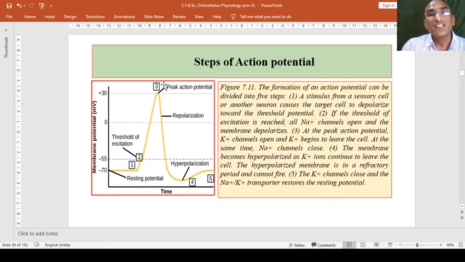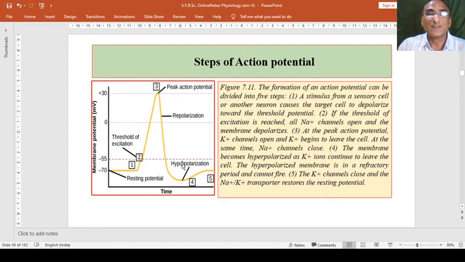Third, the peak or the optimum limit of this action potential is here, and this is plus 30 millivolt, and this is minus 55 millivolt, that we have seen already in the previous discussion, and minus 70 is the normal level. But once it drops down below the normal level, it becomes hyperpolarized. This is the depolarization, this is repolarization. In between depolarization and repolarization, there is a peak of action potential, and this is the whole picture of